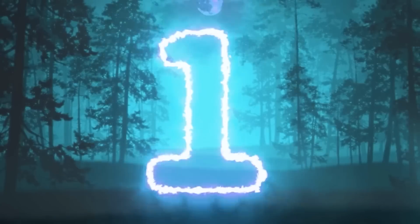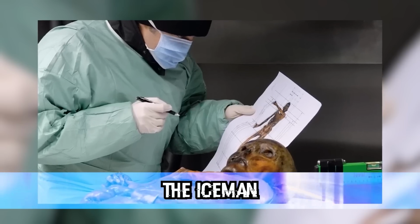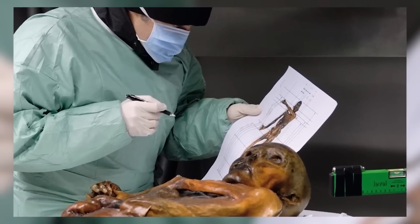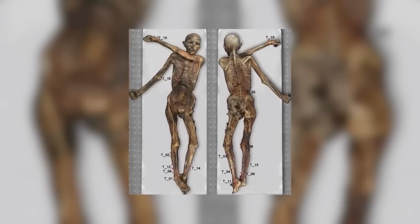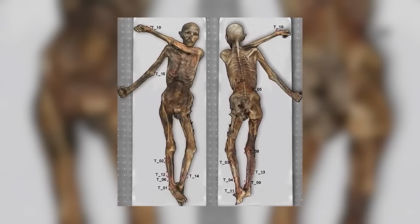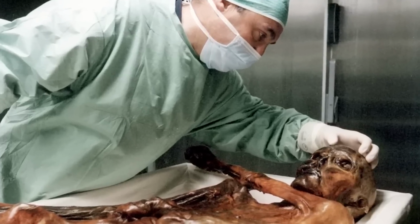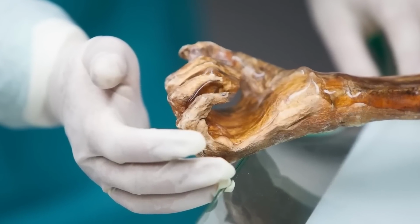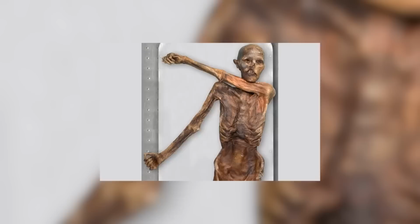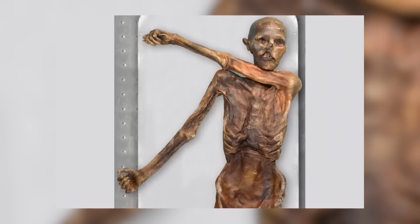And coming in at number 1 is the Iceman. The mummy of Otzi, aka the Iceman, was found in 1991 in the Otzal Alps, Italy. It's believed that the Iceman belonged to 3000 BCE, and his body was preserved because of a glacier that surrounded him after he died. However, soon after his discovery, people who were involved with his discovery began to die due to violent accidents. Forensics pathologist Rainer Henn died in a horrific car accident,